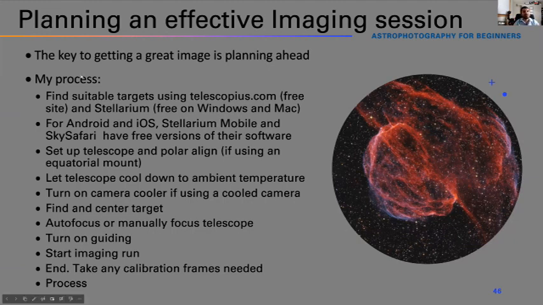My process is to first find a suitable target using telescopius.com. It's a free website that does a great job of showing you what targets are up there right now, how big they will look on your telescope, and how long you can image them for before they get too low. And you can use Stellarium, which is free on Windows and Mac. It's a beautiful program. Some people like Cartes du Ciel as it's easier on the system in terms of requirements, but Stellarium is